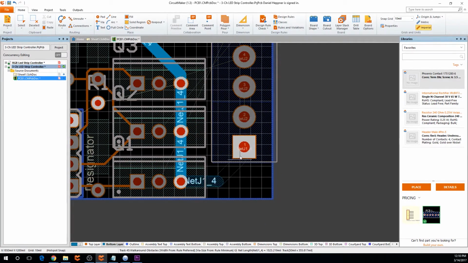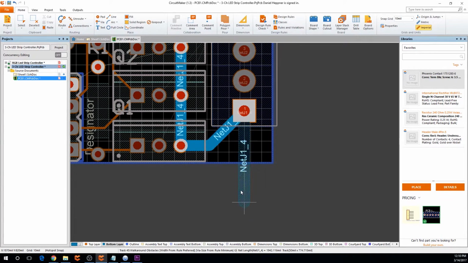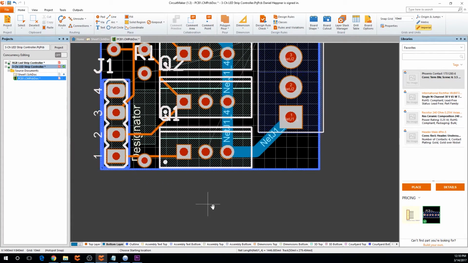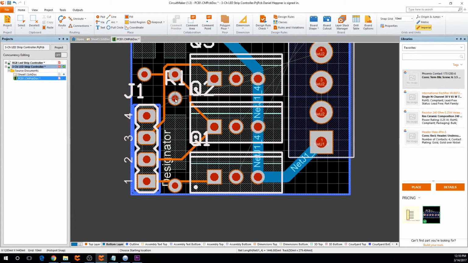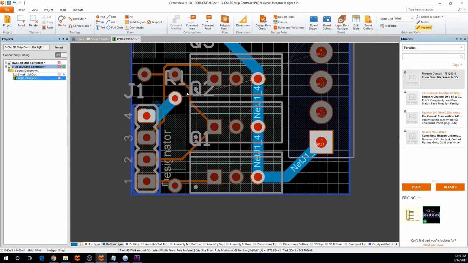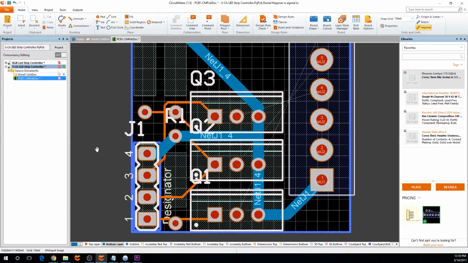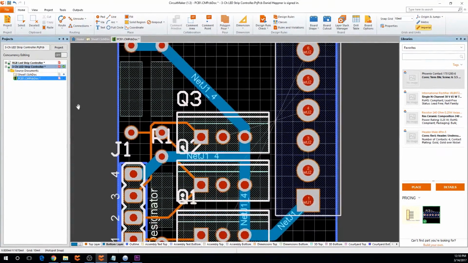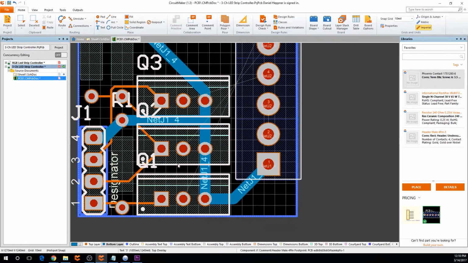Then that's going to connect over to here. Alright. And last we need to connect this up, and this needs to come over and connect to there. Good. Okay. So our grounds are now all connected, and the very last thing that we need to do is connect